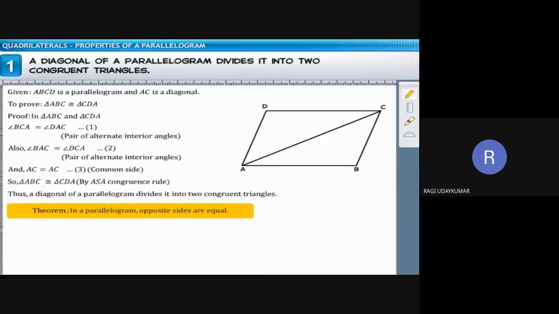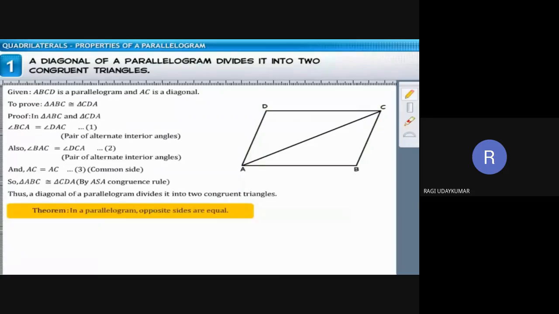SSS congruency भी यूज करके बोल सकते हैं, बट ओरिजिनली क्या है ना, SSS congruency यूज करने के लिए इधर AB equal to CD बोलना है। बट AB equal to CD हम कब बोलते हैं? एज इट इज अ पैरेललोग्राम, अपोजिट साइड्स इक्वल बोलते हैं। एक्चुअली इट इज अ प्रॉपर्टी। ऑपोजिट साइड्स आर इक्वल, वो प्रॉपर्टी है। सो वो प्रॉपर्टी को डायरेक्टली यूज करके भी बोल सकते हैं, इट्स नॉट दैट मच रॉन्ग हियर।